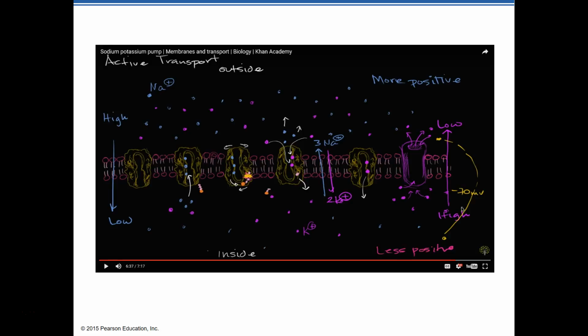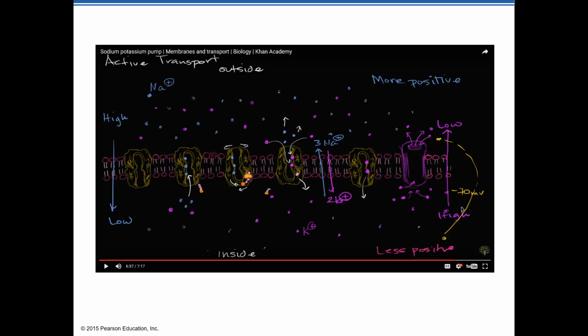But realize those sodium potassium pumps are going nearly all the time, but maybe not at a fever pitch until we stimulate that membrane and it's allowed a whole bunch of sodium to rush in the cell and potassium to rush out of the cell because we opened up sodium and potassium channels when we stimulate the membrane. And when we do that, those sodium and potassium pumps have got to work overtime to get everything back to